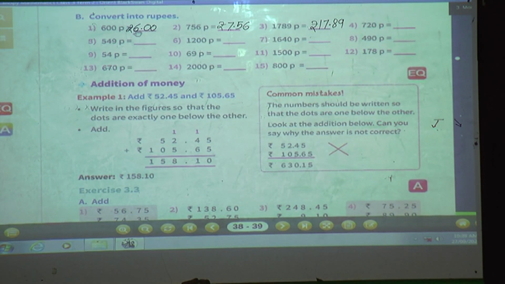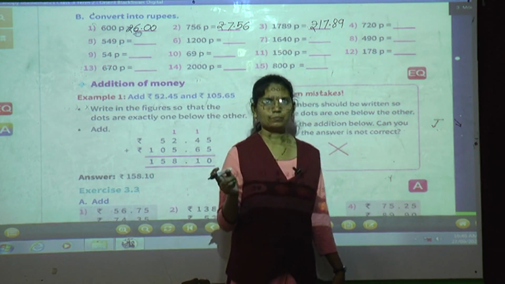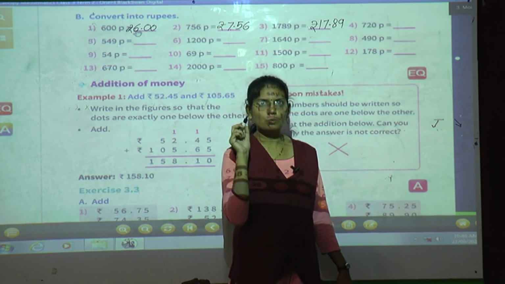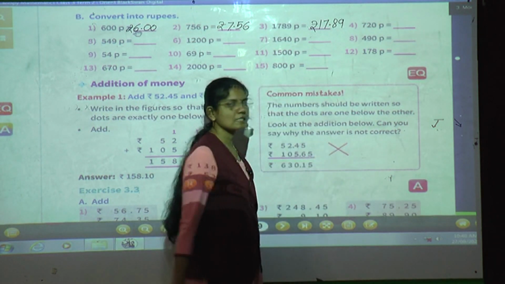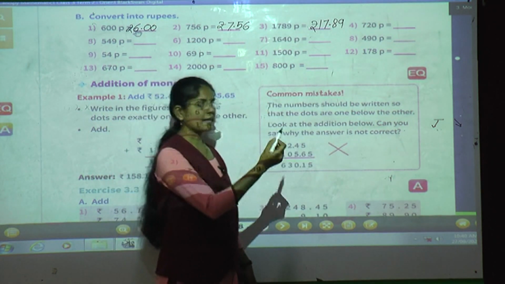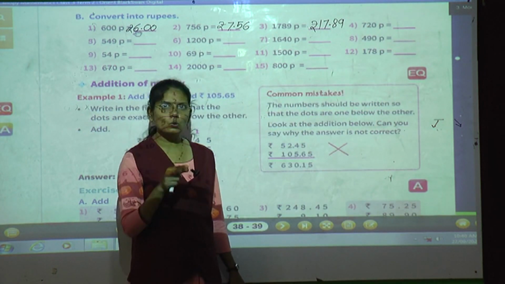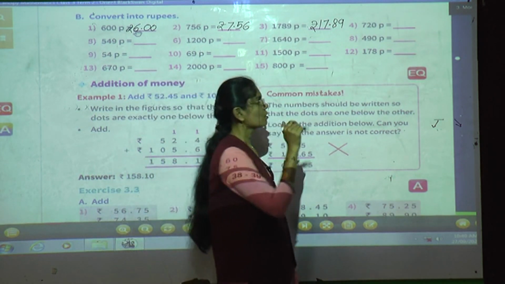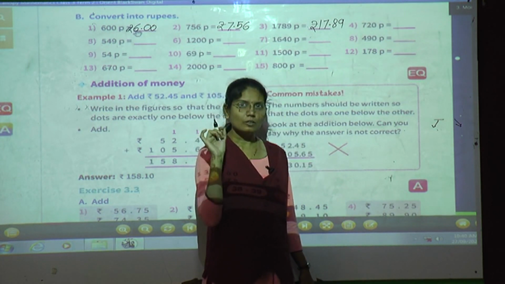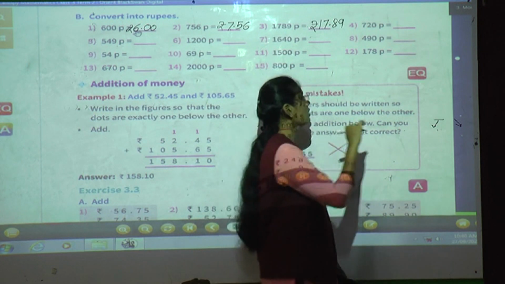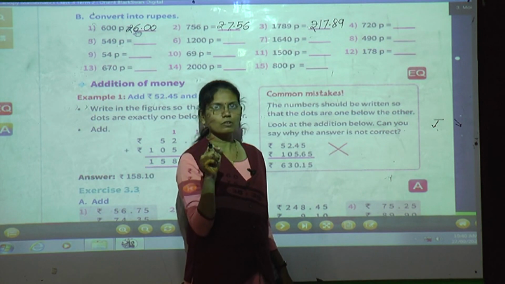720 paise. This paise we have to convert into rupees. So what do we have to do? From the right side, before the second digit we have to put a dot, then it will be converted into rupees. So see the number 720. Now from the right side, which is the second number? 2 is the second number. So before 2 we have to put a dot, not 0. We have to put a dot before the second digit. Okay. Now here 2 is the second digit. So before 2 we have to put a dot.